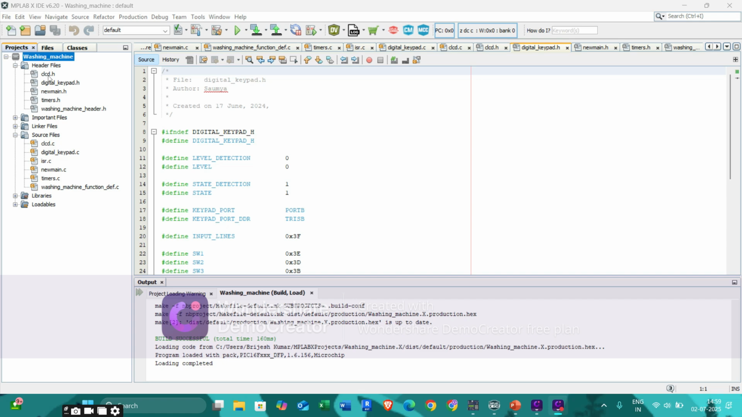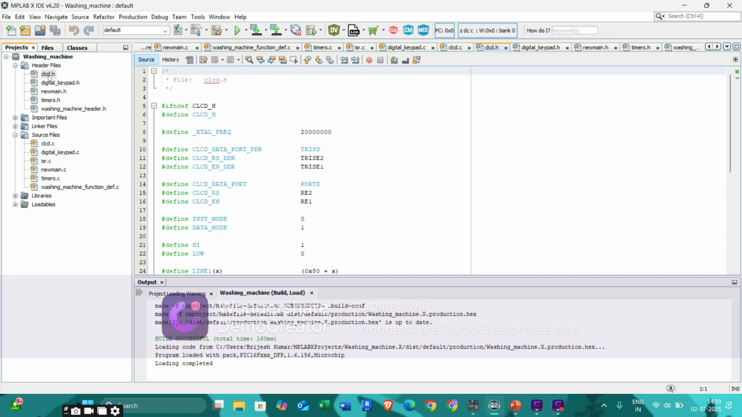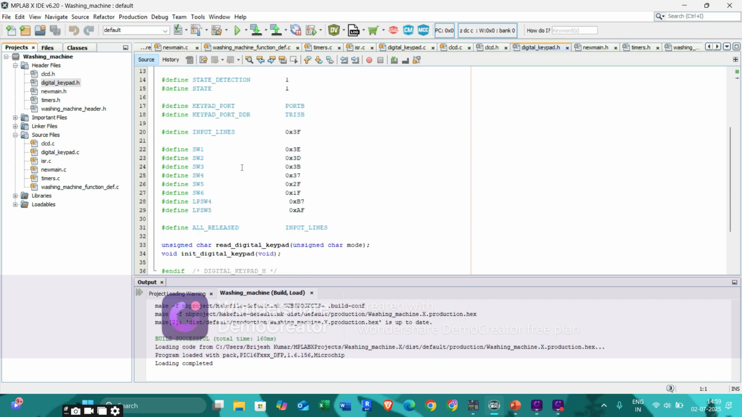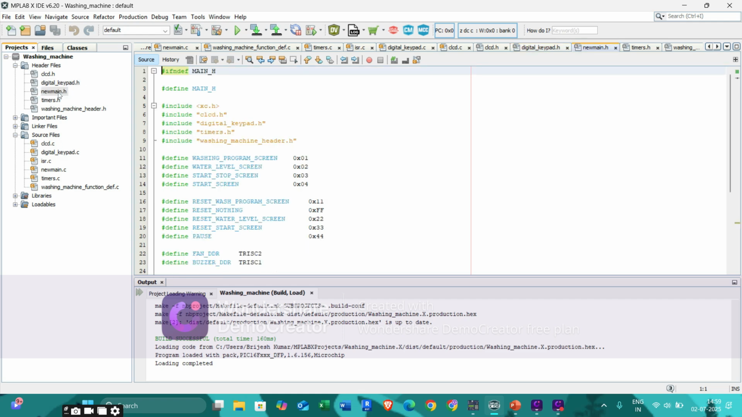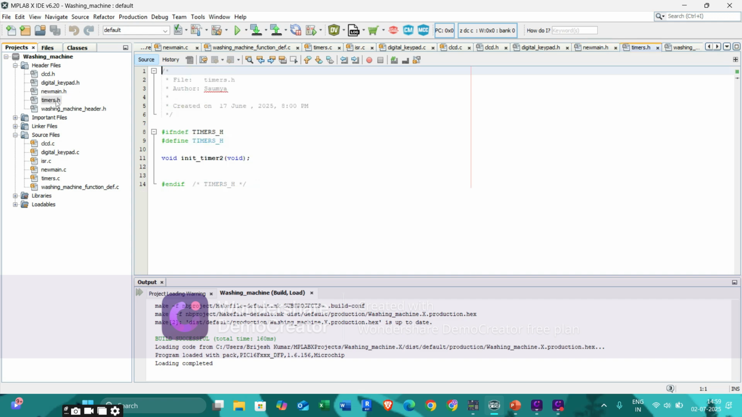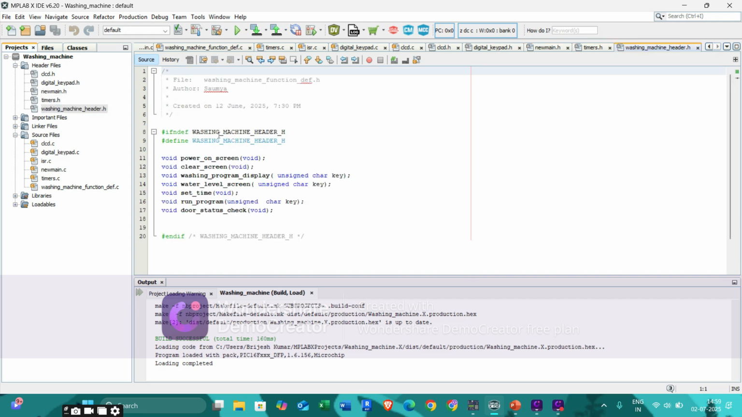files where I have defined different files like CLCD.h. Here I have defined all the macros which I am using in CLCD.c. This is the digital keypad, where I have defined all the macros for digital keypad.c. This is the main.h, and this is our timers, and this is our washing machine header file for washing machine